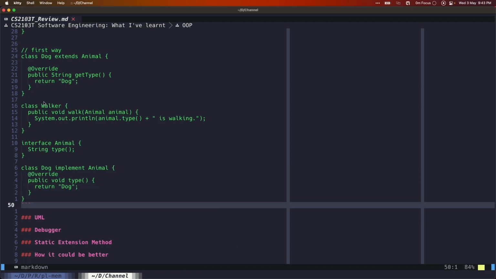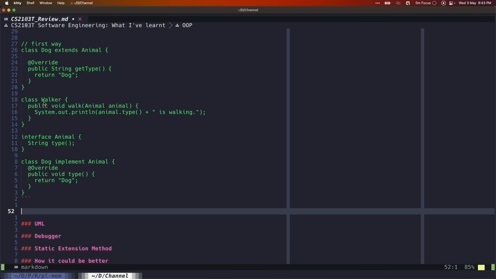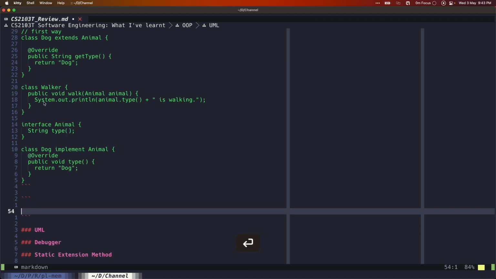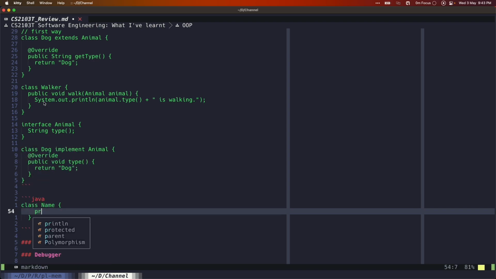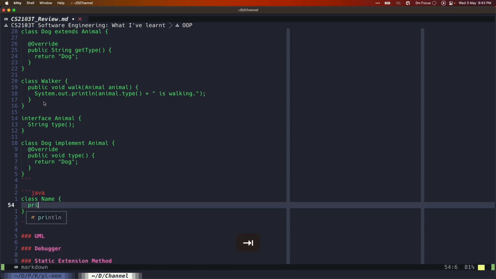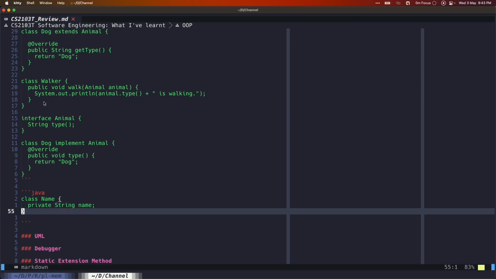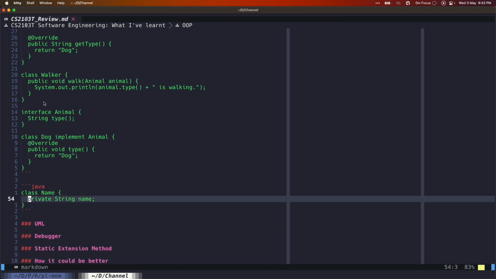And because this CS2103T is so pragmatic about OOP, in the TP code base, the team project code base that they provide you with, they have done some insane level of abstractions that I feel are just not necessary. For example, if I remember clearly, they even had a class for Name that basically just holds a string name. I just deleted that code because I felt it's too much abstraction. What is the point of even using a class for a name?